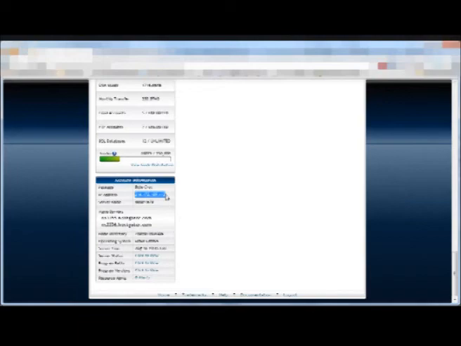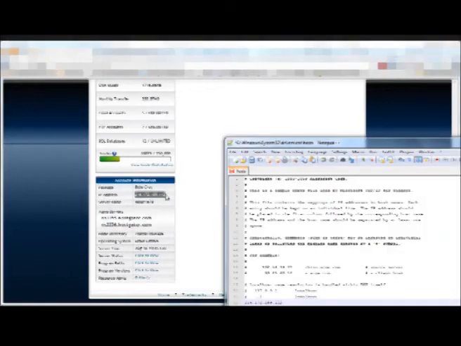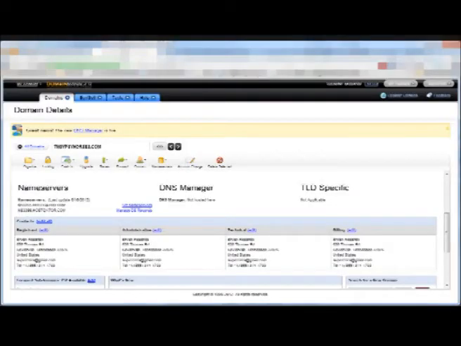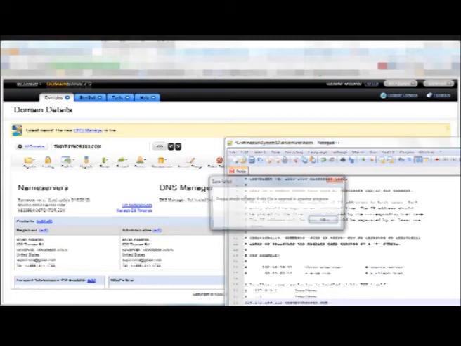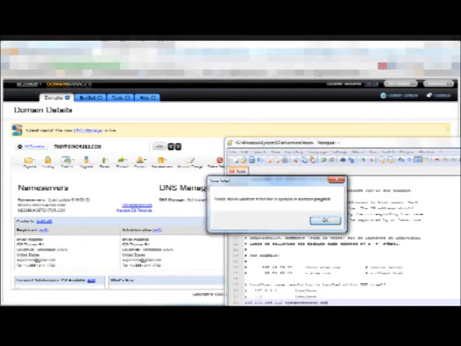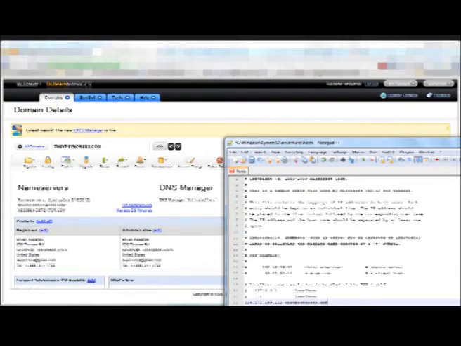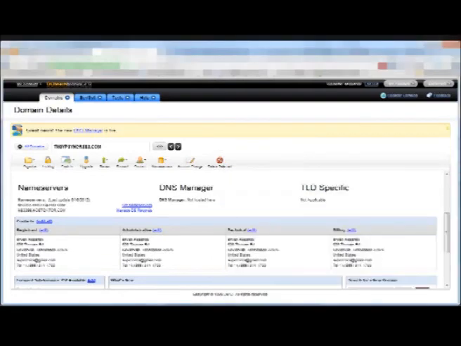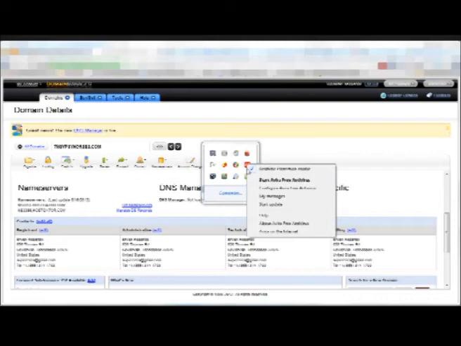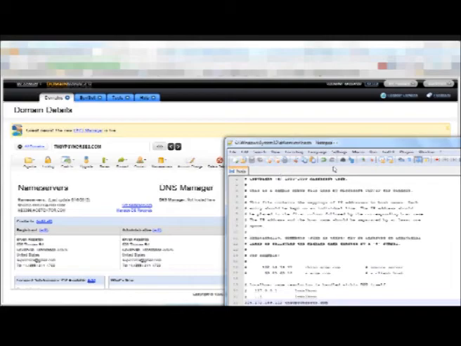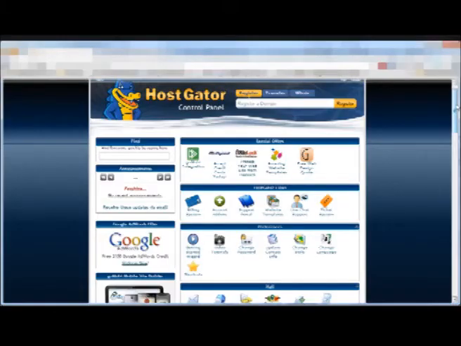So we're going to copy this and paste it here, and then a space, and then it's going to be, just to make sure I'm getting it right, tngypsyhorses.com. And so you'll save, and it's not allowing me because my antivirus is blocking it. So I'm going to minimize and there. So that allowed me to save, and so that's all I need to do if that was the primary